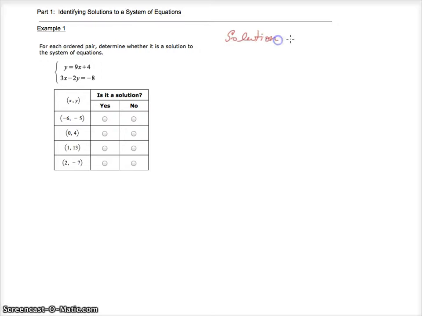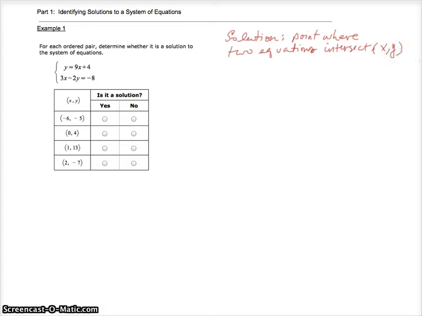A solution here is the place where two equations intersect. A point where two equations intersect. Okay, so we're looking for an ordered pair. So a point where two equations intersect, and that point is going to be x comma y